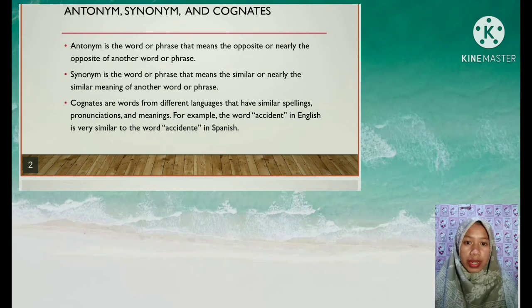Strategies for answering antonym questions. First, think of a context for the stem words. Before looking at the choices, think of an antonym for the stem words. Read all the choices before deciding on the word furthest in meaning from the stem word. And last, look at the option words to determine the word's part of speech.